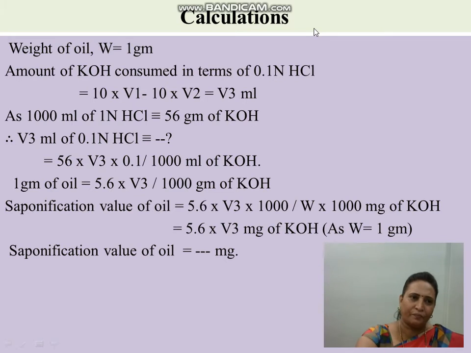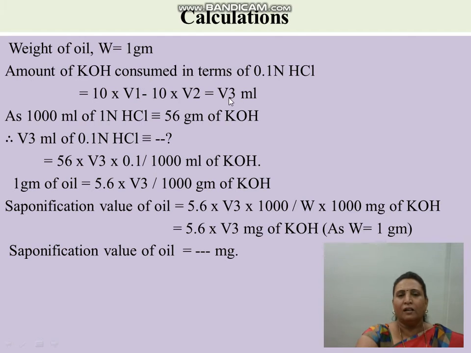Now calculation: weight of oil W is equal to 1 gram. We are going to take 1 gram of oil. Amount of KOH consumed in terms of 0.1 normal HCl is equal to 10 into V1 minus 10 into V2, which is equal to V3 ml. So by putting the values of V1 and V2, that is the blank reading and sample reading, you get